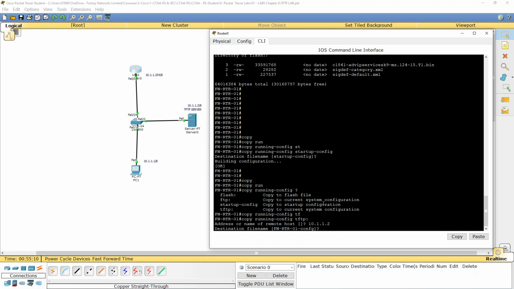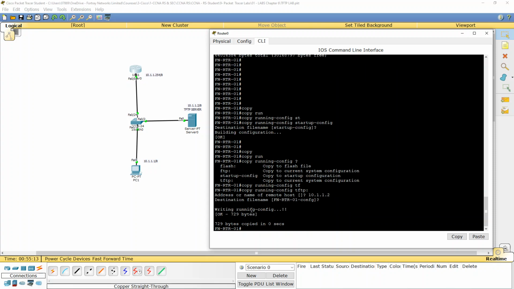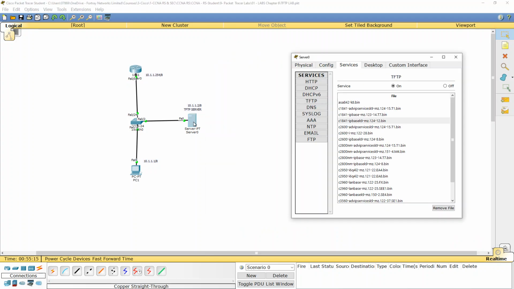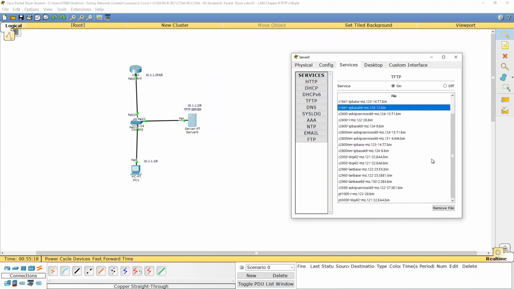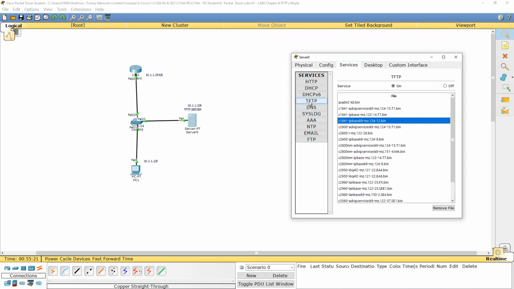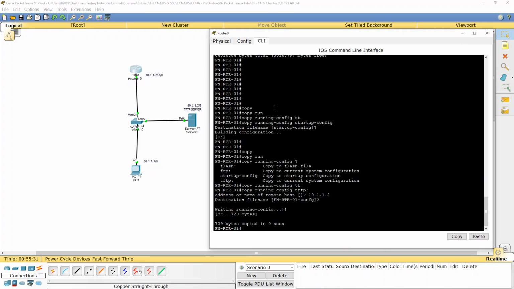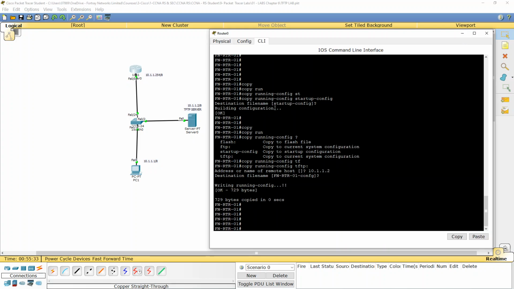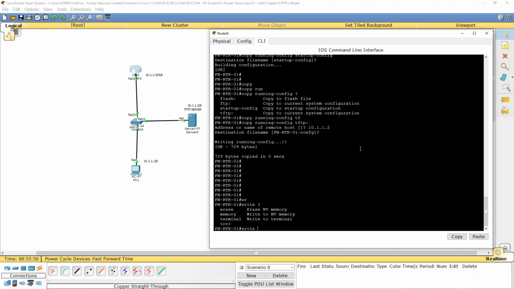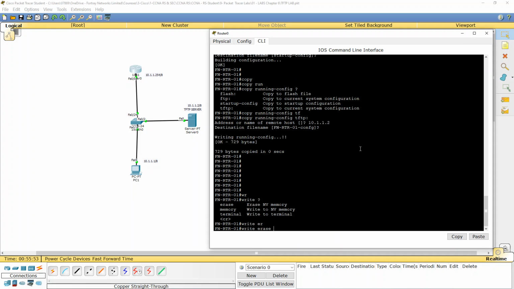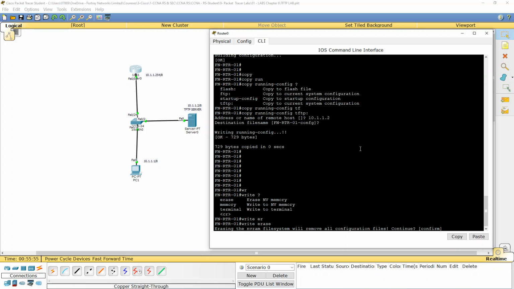When I go onto the TFTP server, it should show me that the configuration file has been copied. Look at this. Yeah, previously that file was not there. Now, on this router, I can erase the full configuration. Guys, I'm going to show you an interesting thing. I am erasing the configuration from this router. How can I erase this? Write erase command. This will erase everything.